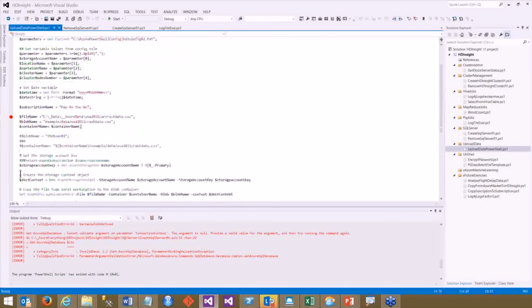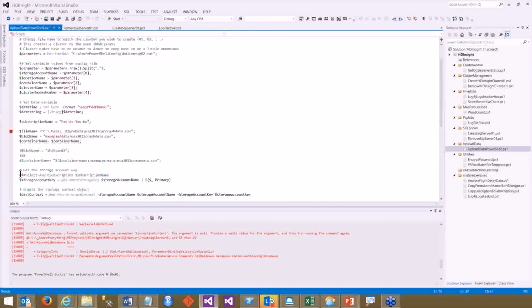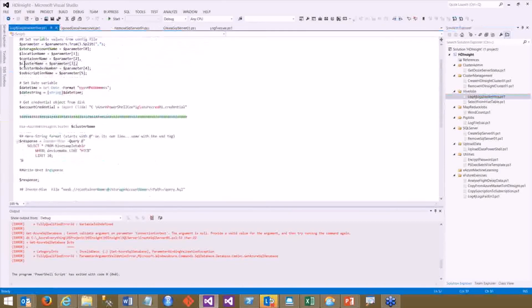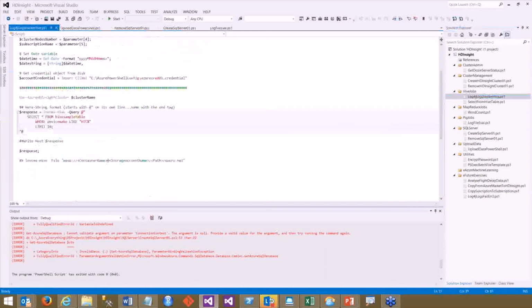Again, I'm not trying to make anybody learn PowerShell, but you need a way to manage all this stuff, and it's going to be difficult otherwise. You certainly, again, couldn't automate. So here we can upload data. We can run this Hive job. So here, same thing, we're reading in our parameters, getting our credential, and here we're actually creating